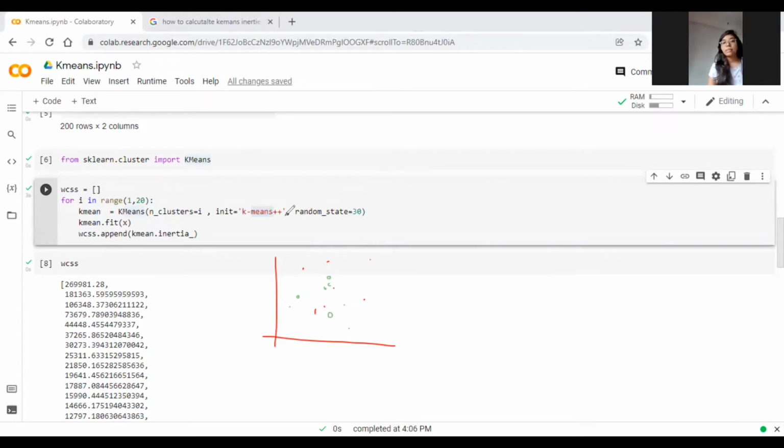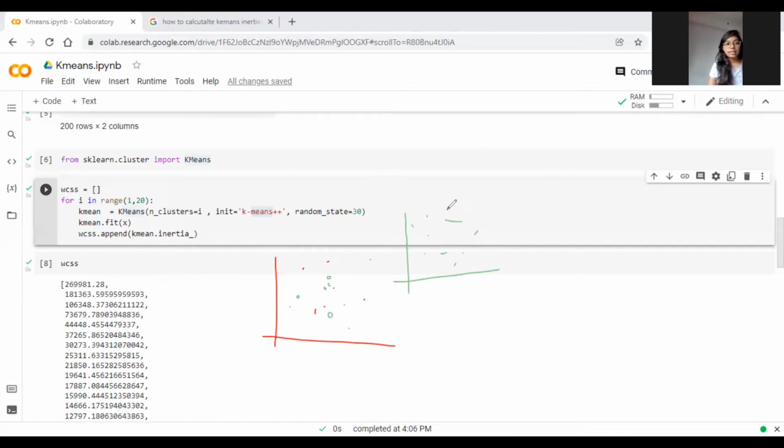For that reason, K-means plus plus was introduced. K-means plus plus makes sure that the K points which are getting initialized have some distance between them. Suppose this is our K-means, we have different points, and these are our K points.